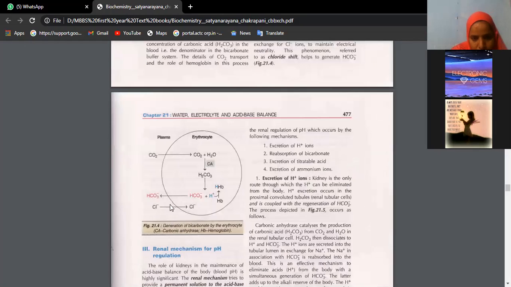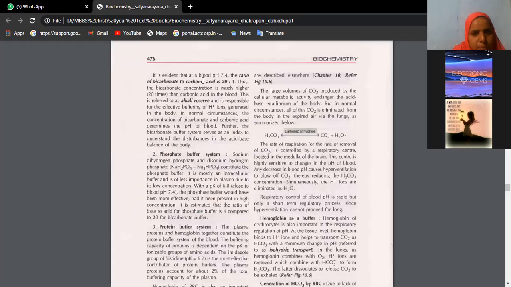See here, beta, this you should write now. Inside the RBC, if carbon dioxide levels are rising, it combines with H2O. CA is carbonic anhydrase. So it combines to form H2CO3, which is carbonic acid. Normally and naturally, it will be split into H+ and HCO3-. This is bicarbonate. We have alkali reserve. Do you remember, beta, how many times more the alkali is? 20 times. Yes, it's right.